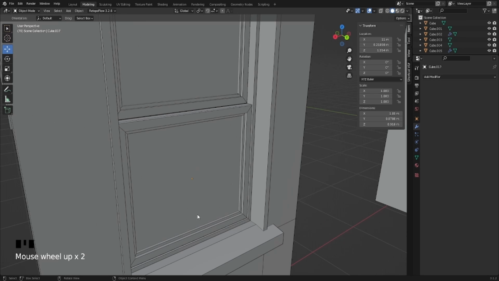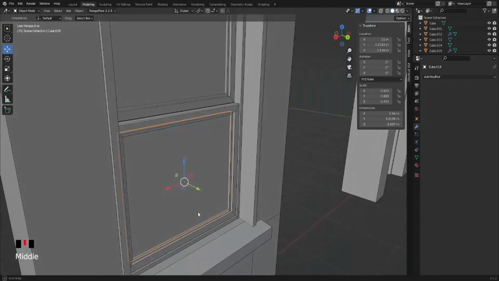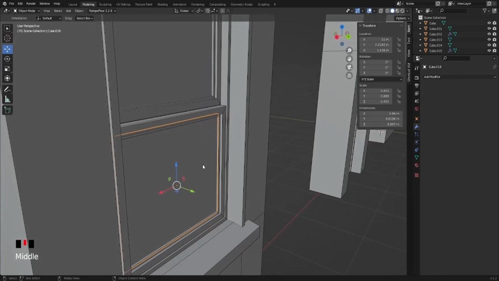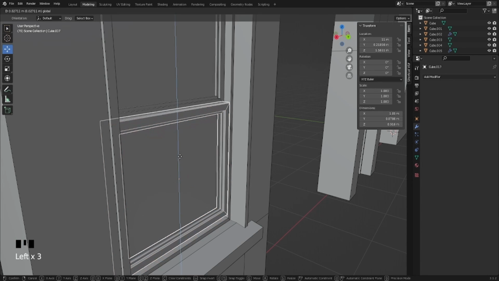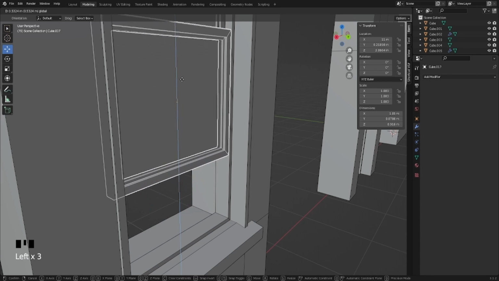In order to do that, I first select the object that I want to be the child, in this case, the glass. And then the parent of the child is going to be the wooden frame. And with that, if I press P, nothing will happen because I didn't press Control P. Once I press Control P, it's Set Parent To, and you want to select Object. So now when I select the window frame and lift it, it brings that glass along with it,